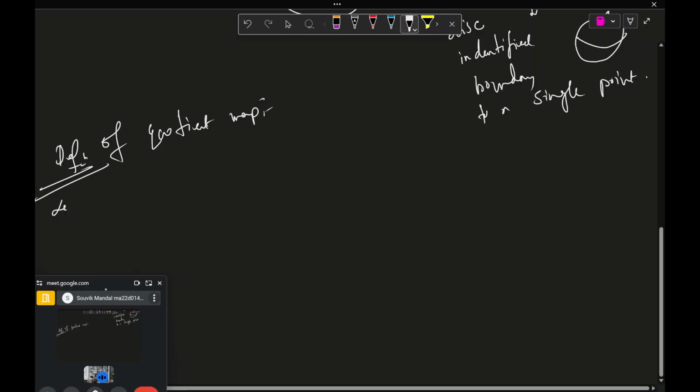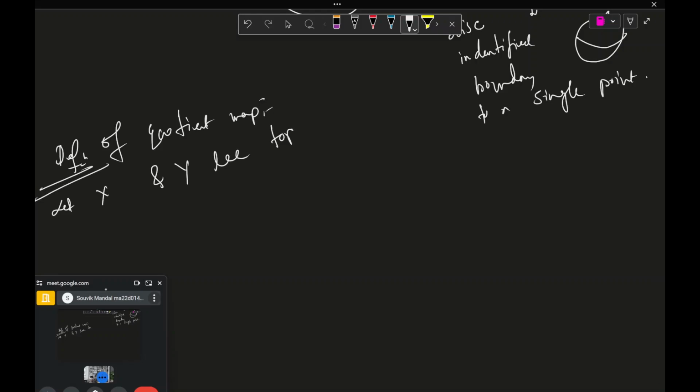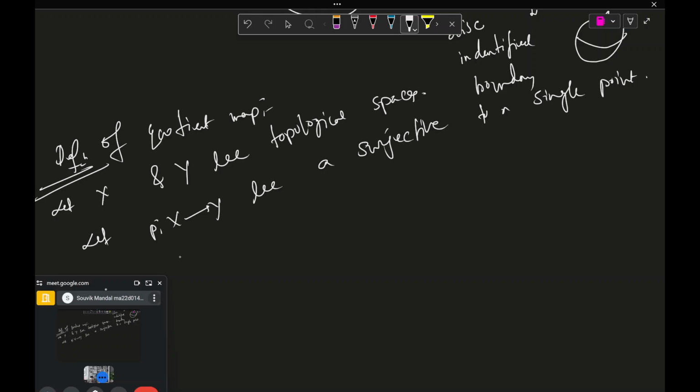So the definition is as follows: let X and Y be topological spaces. Let p from X to Y be a surjective map. Then p is said to be a quotient map